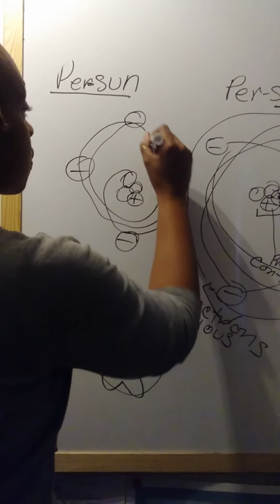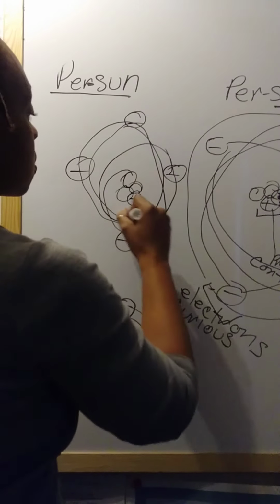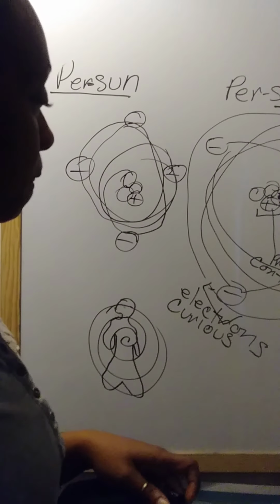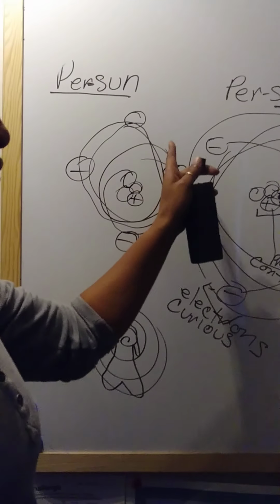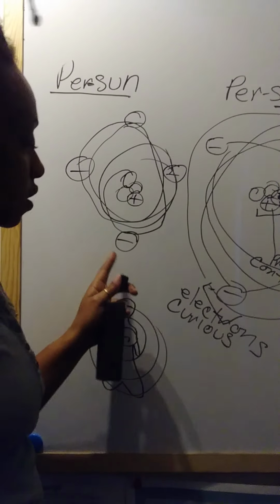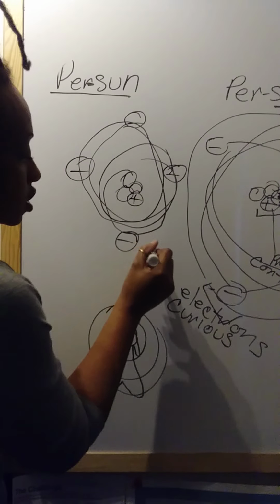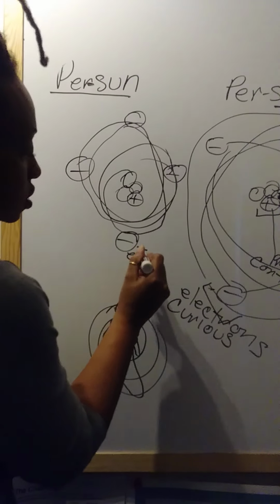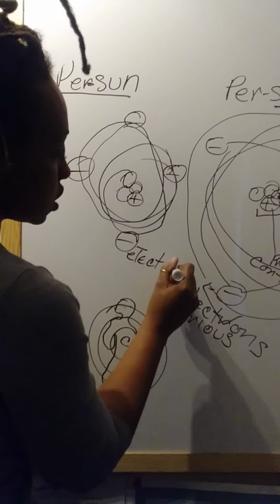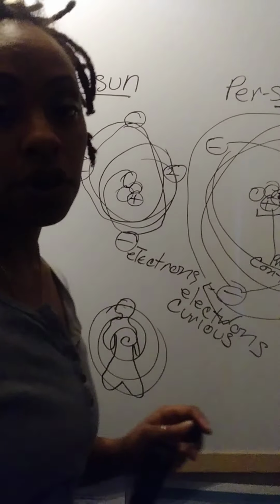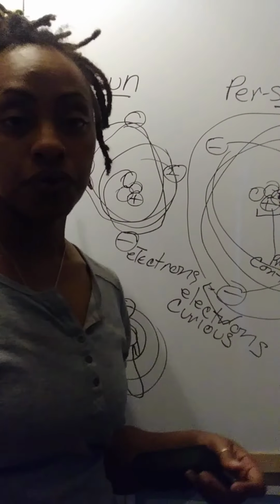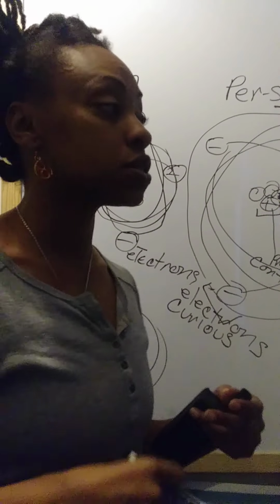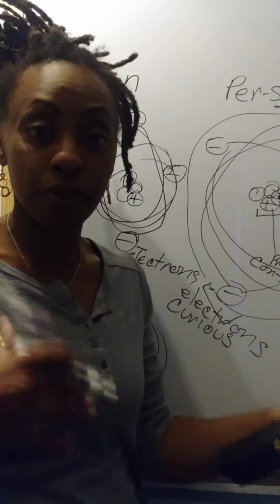Okay, we've got these orbits. 1, 2, 3, 4. These orbits, circles of influence. Okay, the things that we are connecting to, that we are curious about, we are interested about, right? These are our electrons. This is our electric energy that we are diffusing. We are sharing, because that's why we're curious, because we want to have a reflection, someone else to share back,